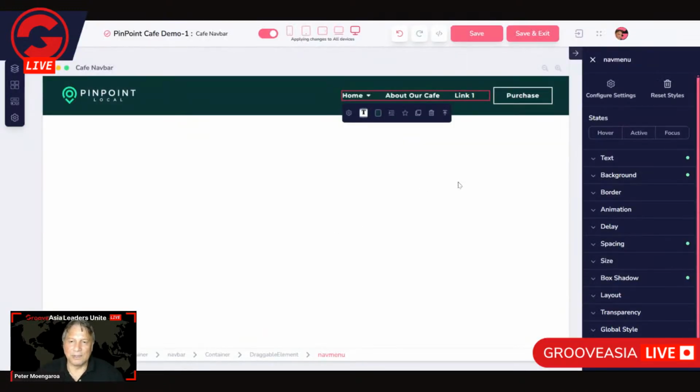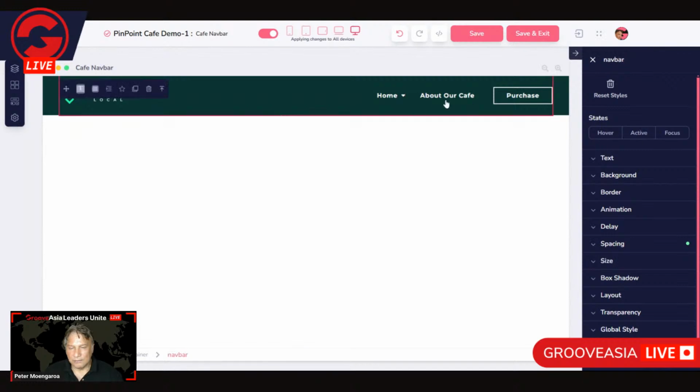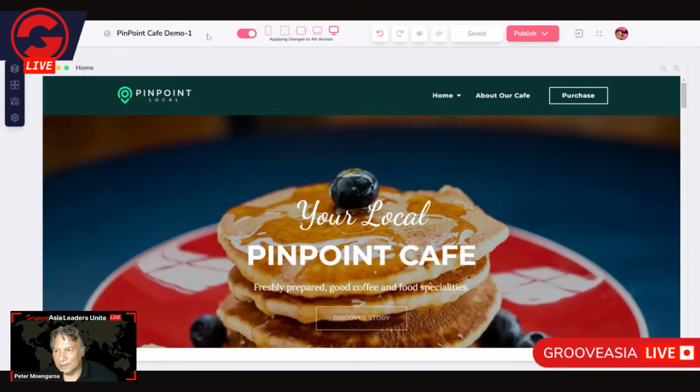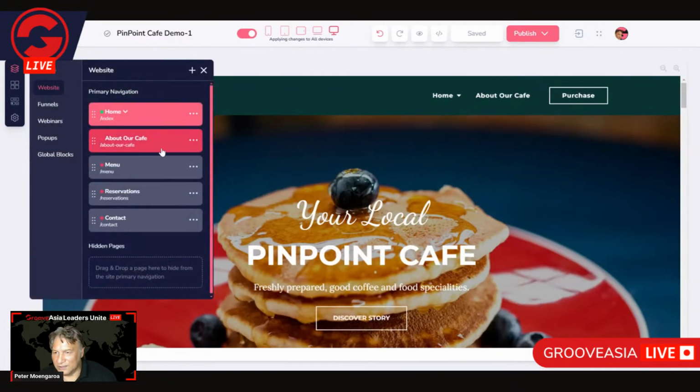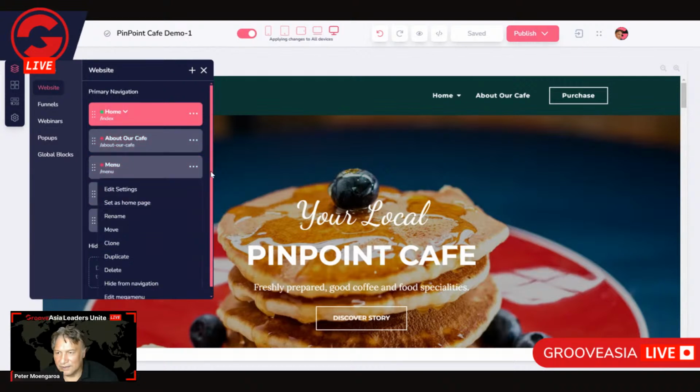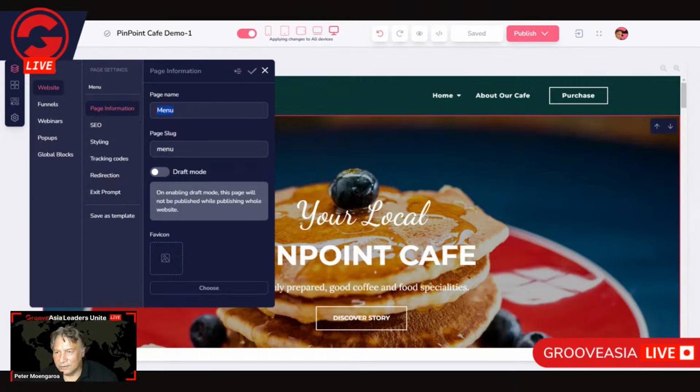And home shouldn't be showing either. What we're going to do is go over to pages. So we're going to save and exit. We're going to go over to pages again, and we'll literally create all those pages that we added into the mega menu. So let's come here. I'm just going to change the names of these. Let's go edit settings. We're going to call